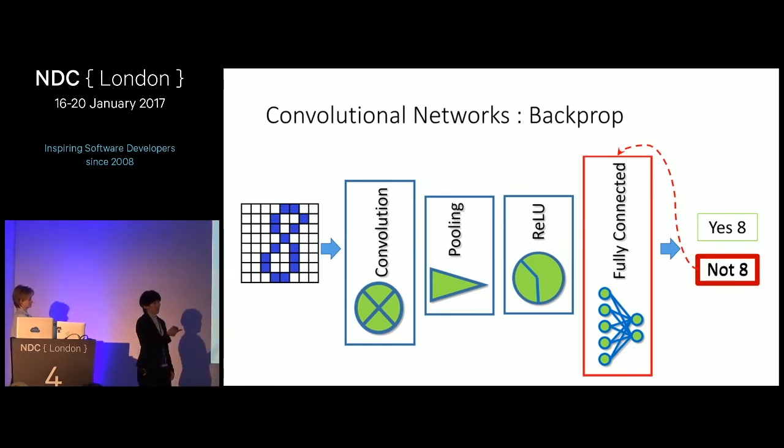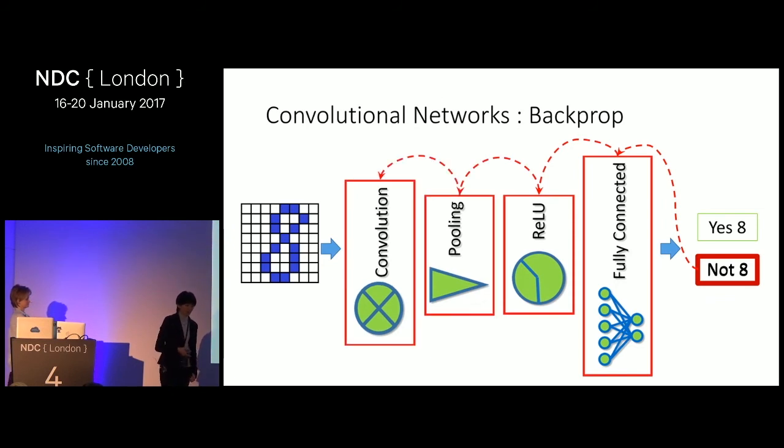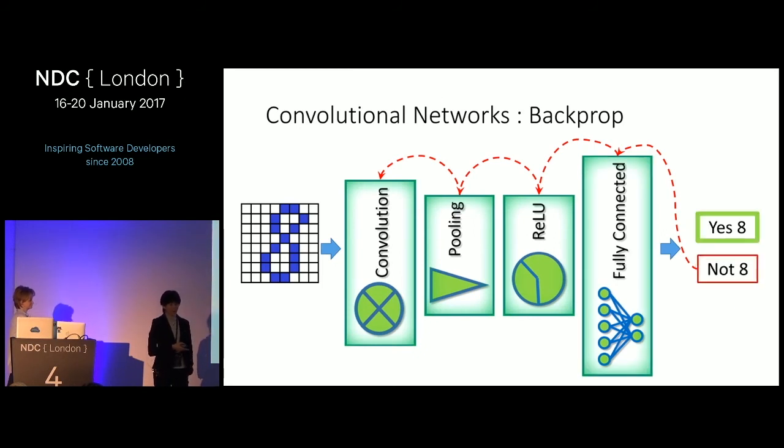Now we know the error of the last layer, and we know the mathematics of the next-to-last layer, so we can calculate an error of the next-to-last layer. And so on, we can calculate the errors of all layers. Then we know all errors, and we know the expected result, so we can tweak our network and adjust the values to get slightly closer to the expected result. And then we send the next image in and observe the result. This is repeated for all images in our training set, and sometimes not just once. The process is called backpropagation. There is slightly complicated math behind it, so I'm not going to walk you through that. I just want to give you some intuitive understanding.